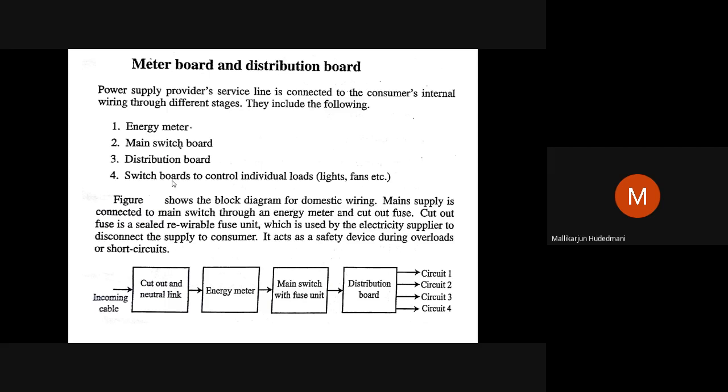For them, I have to provide connections with safety: a main switch, protection such as a circuit breaker or fuse, to protect against any malfunctioning or a shock from that particular device. So that is how main meter board wiring and distribution board wiring provide end connection to the premises.